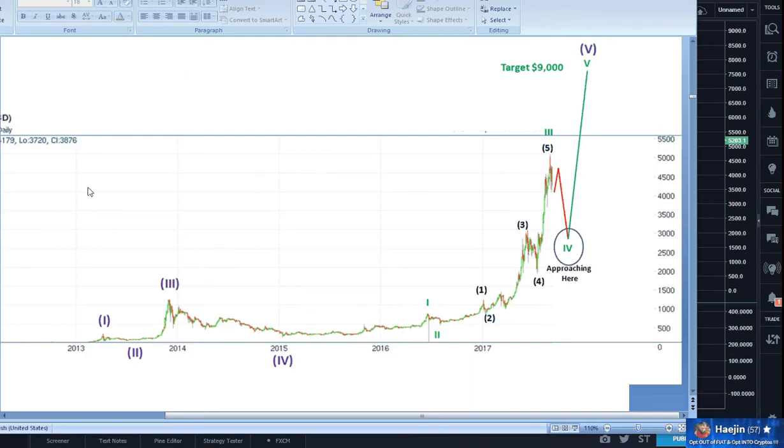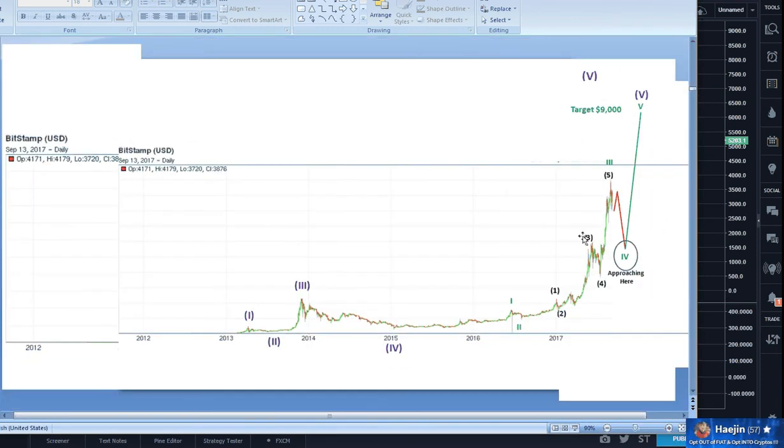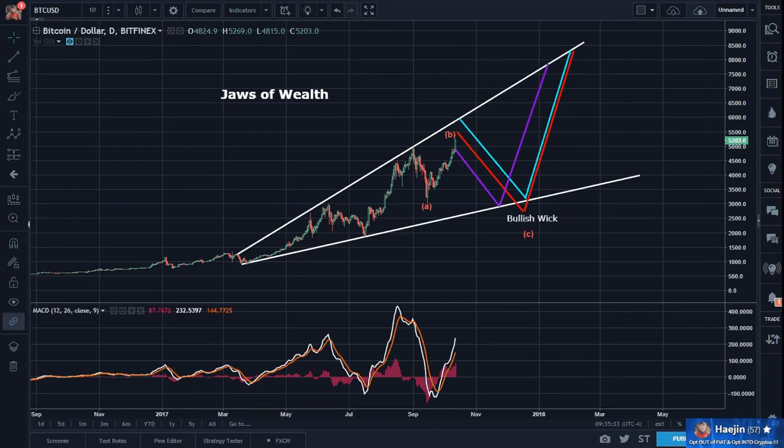Here you go. This is a longer term chart I had shared with you. And it has a target of around 9,000-ish. 5 or 5 or 5. Okay. Get rid of this. And that would have given 1, 2, 3, 4, 5 purple. And that is where this is landing us.